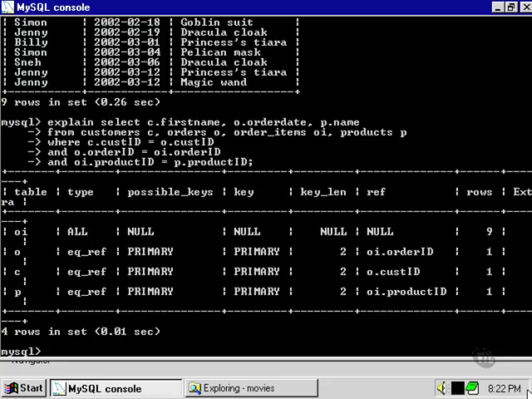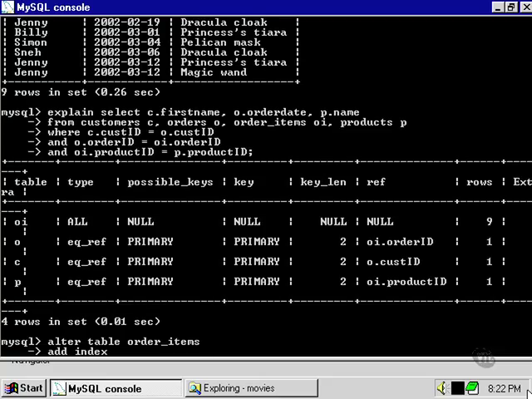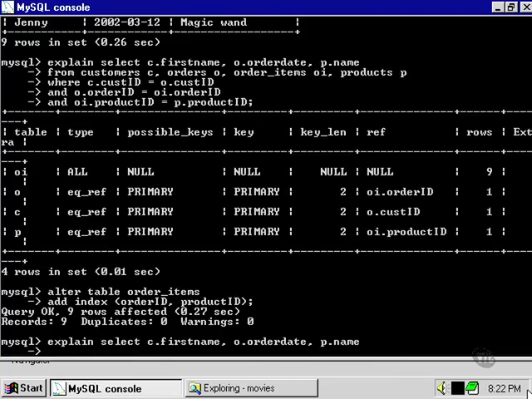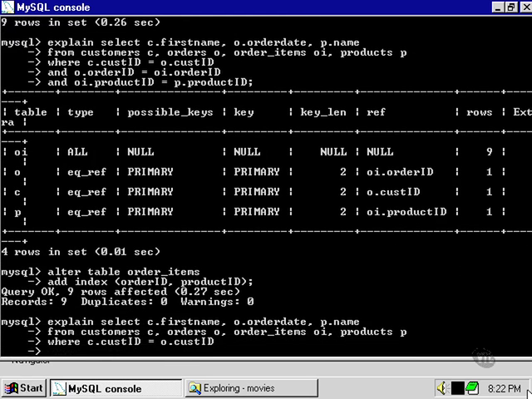One way in which we could speed up this particular query is to add an index. All we need to do is use the alter table statement, then give the name of the table and simply say add index, and we'll tell it which column or columns we wish to add an index to. Let's say we want to add an index to order ID and product ID. That's been done. Now if we repeat our explain statement,